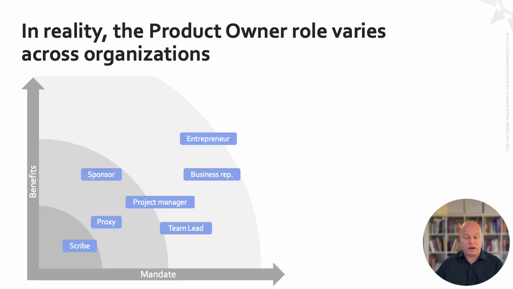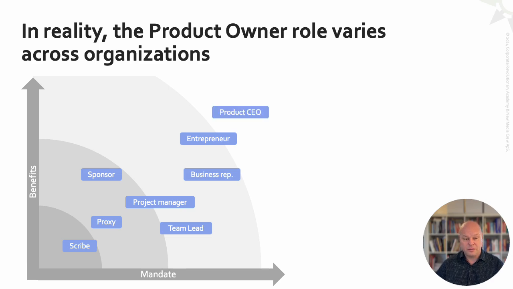And if the product owner works as an internal entrepreneur, making a business case and arguing for the products, managing his or her own budget, well, then we are really having a configuration where the product owner role adds value